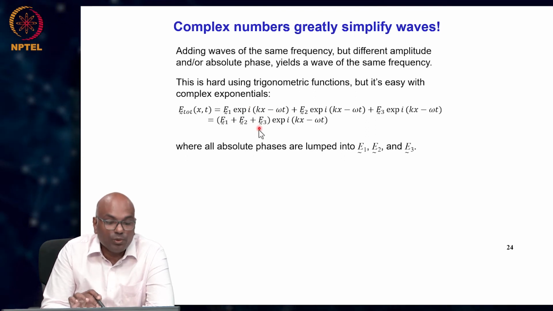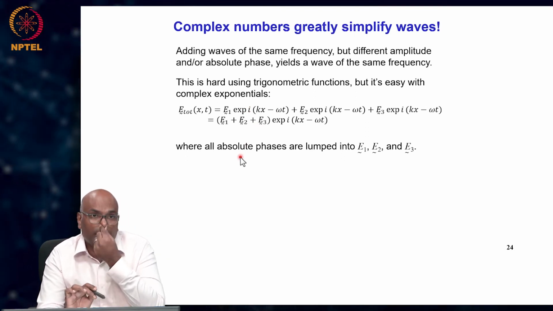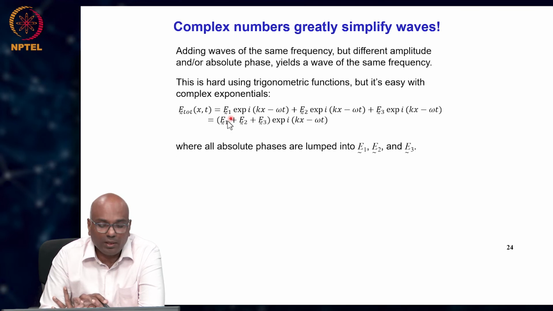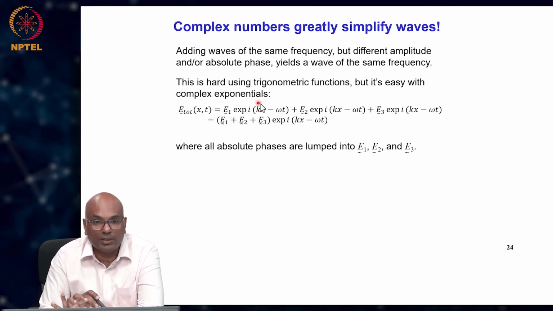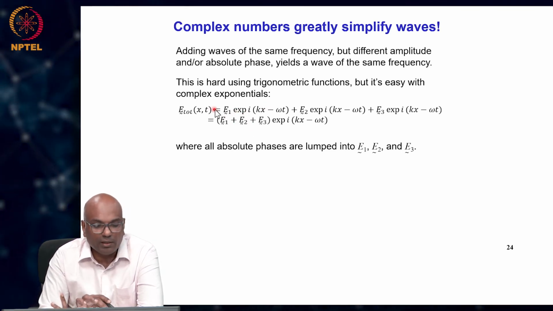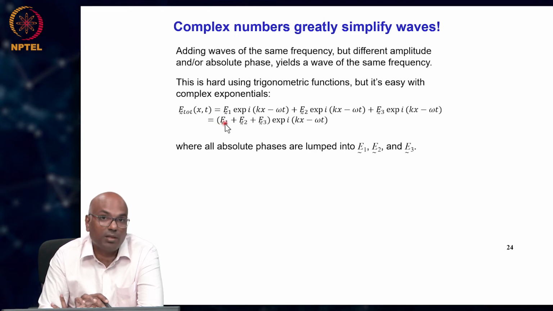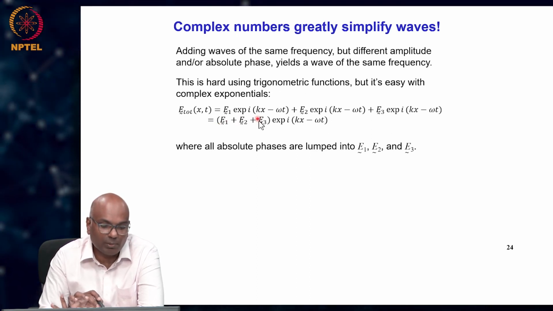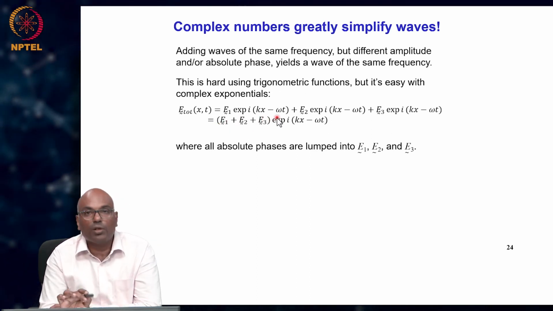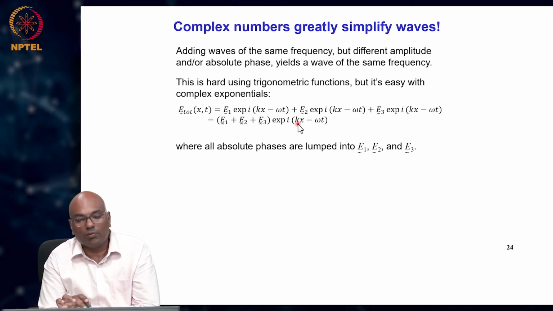So then we use the linearity in multiplying and adding complex numbers and simply write the sum of E1 tilde plus E2 tilde plus E3 tilde as the coefficient to a common exponent of i(kx minus